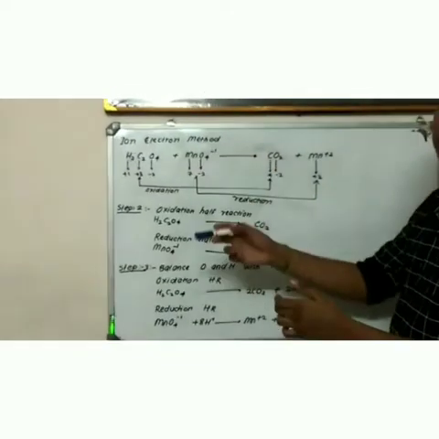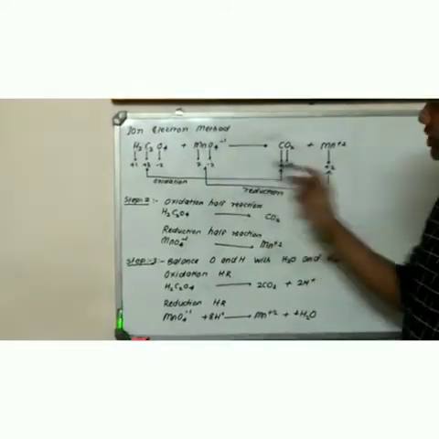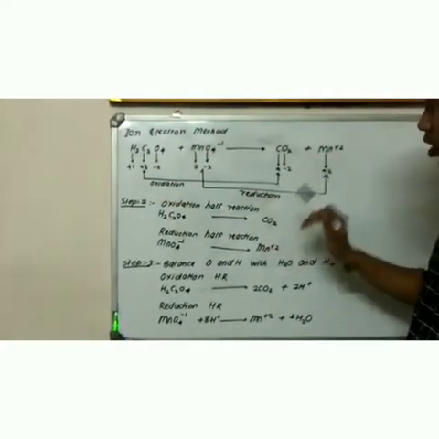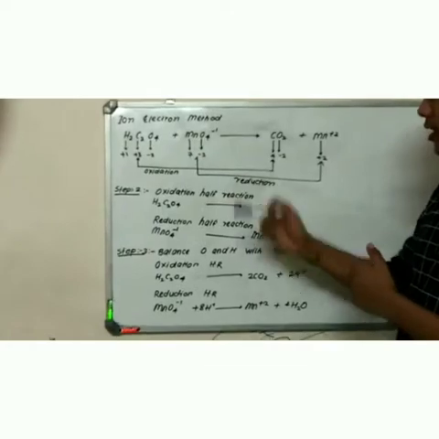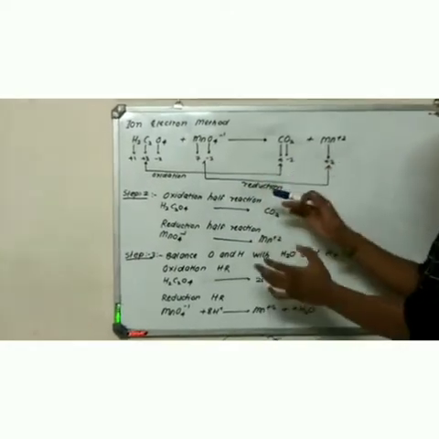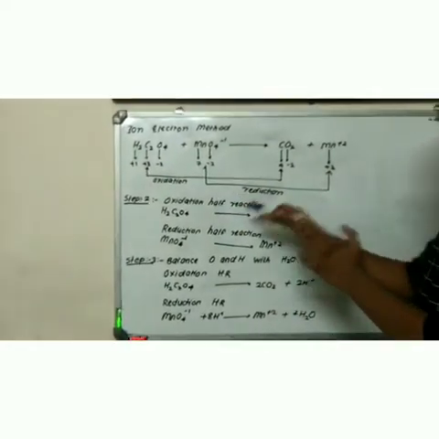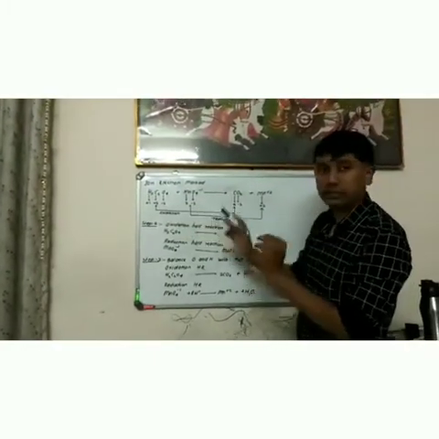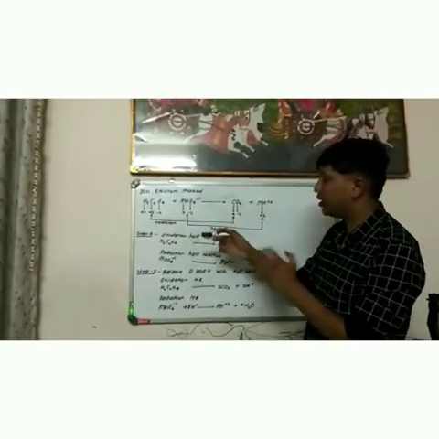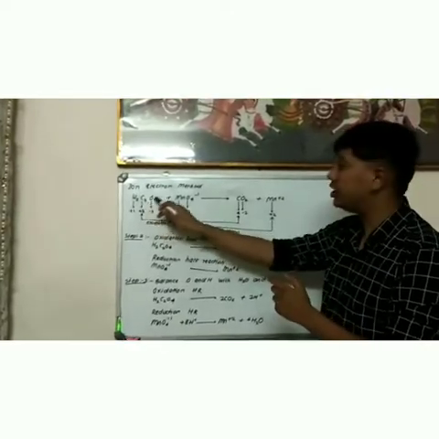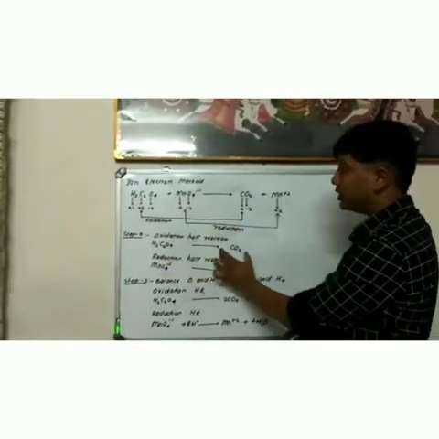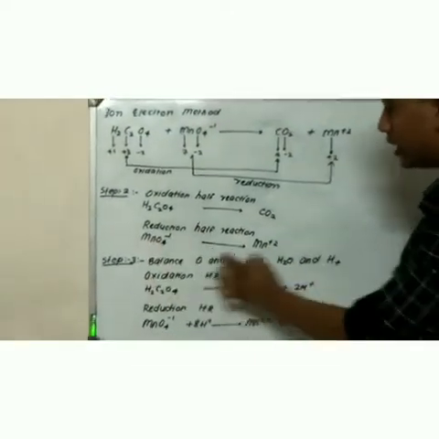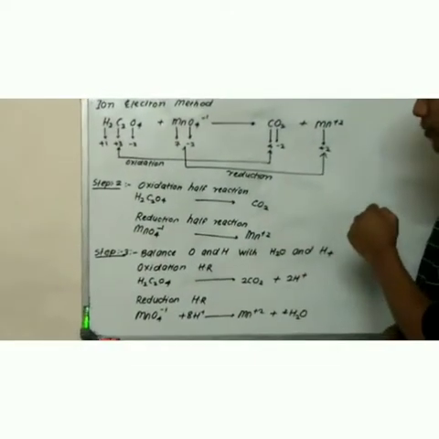So the first step is the usual one, that is writing the oxidation numbers and where it is going oxidation and where it is going reduction. Okay, but step 2 is different. We need to split it into two, that is oxidation half reaction and reduction half reaction. Oxidation half reaction, which substance is oxidizing, that is H2C2O4 gives CO2, and the reduction half reaction, that is MnO4 gives Mn plus 2.